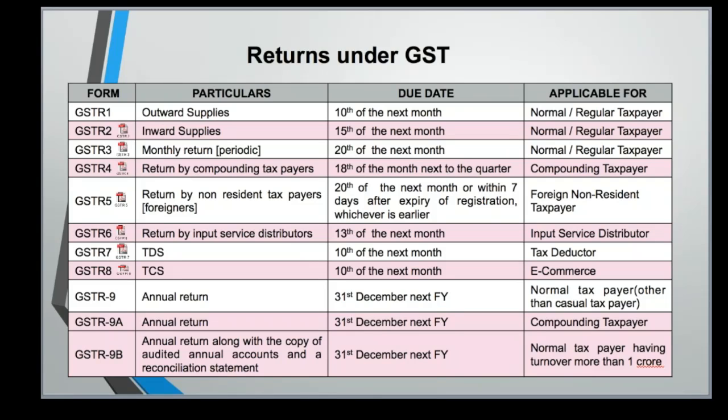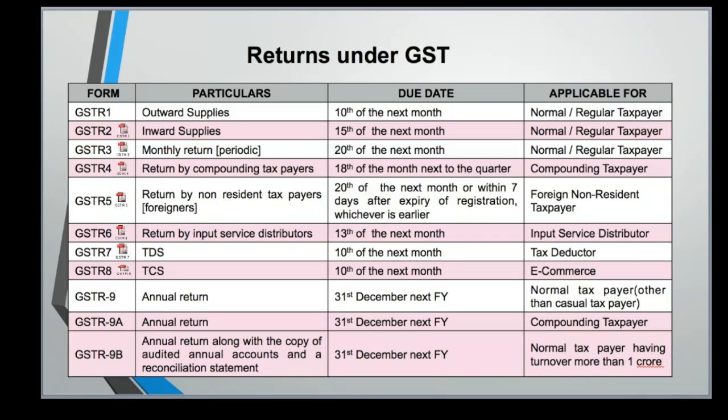So the department has offered various types of formats. What you need to ensure is that the data you get from your accounting software is in the format which the government wants you to upload in. If that is satisfied, whether you are working on Tally, SAP or any sort of ERP, your objective should be getting the data in a particular Excel format, and once you achieve that, it is very easy to upload the data. So you file your GSTR1. Once you upload the GSTR1 by the 10th of the next month, as you saw on the last chart, next you have to file your GSTR2.